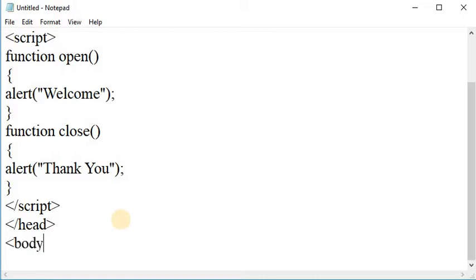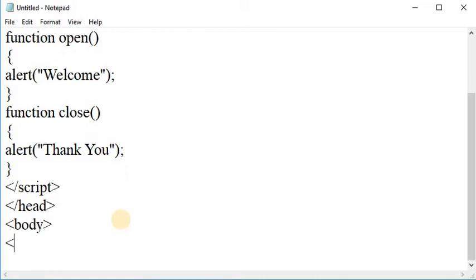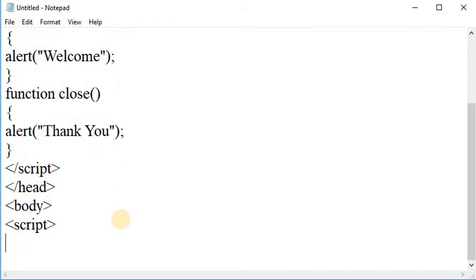In the body section, I am writing the function call. Here, for a body section or function calling, some changes are there.